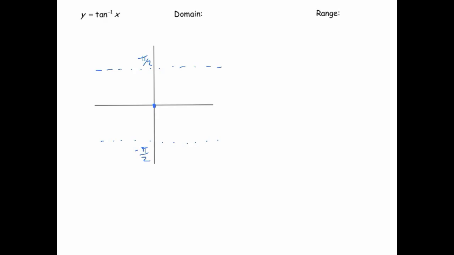And we know how tangent approaches the asymptotes, right? In between 0 and pi over 2, tangent approaches the asymptote at pi over 2. So we know our shape's going to look like that. Our domain is negative infinity to infinity, and the range is negative pi over 2 to pi over 2,